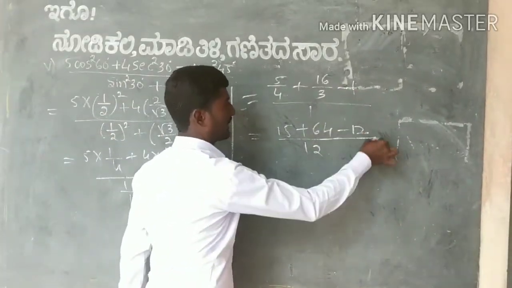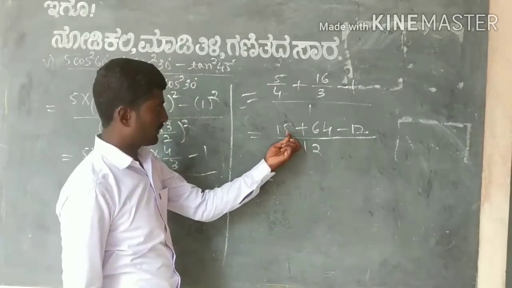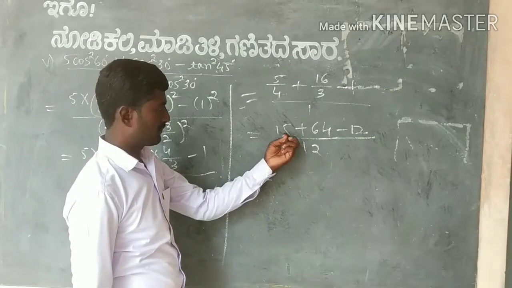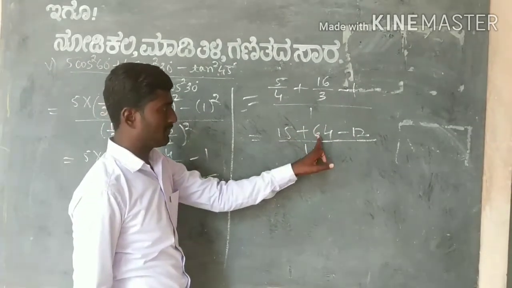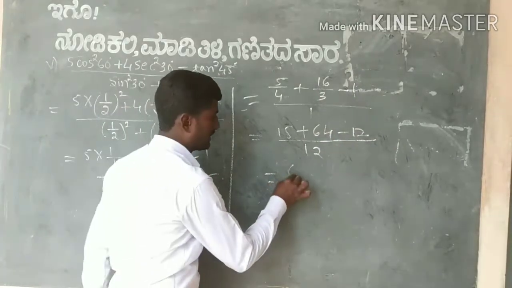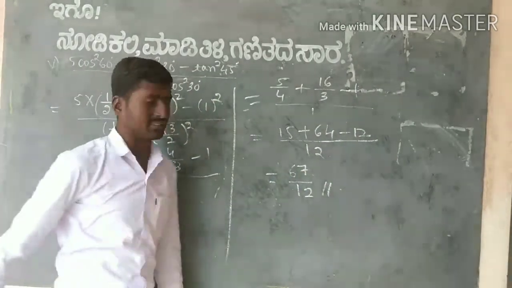12 we can multiply. Now this is equals to 64 plus 3. 15 minus 12 means plus 3. Plus 3, 64. That is 67 divided by 12. Okay. This is 67 divided by